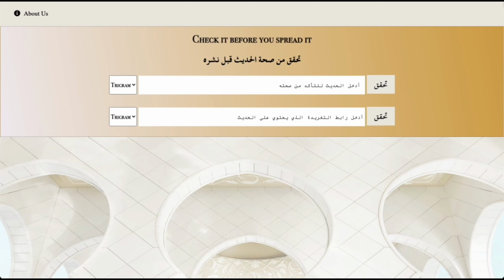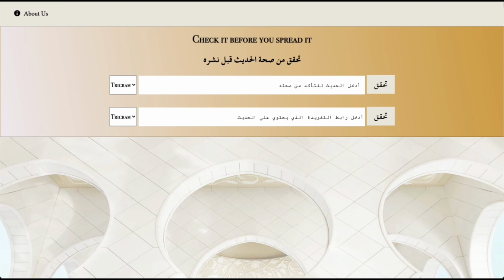The Hadith verification website can be used to check the authenticity of hadiths. The user will have the option either to write the hadith at ادخل الحديث للتأكد من صحته or simply by pasting the link of the tweet which contains the hadith. The user will have also the option to check the authenticity either by using bigram or trigram index, which gives us, in fact, more accurate results. So, let's have an example.